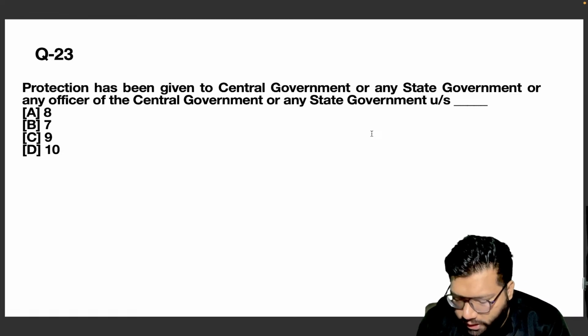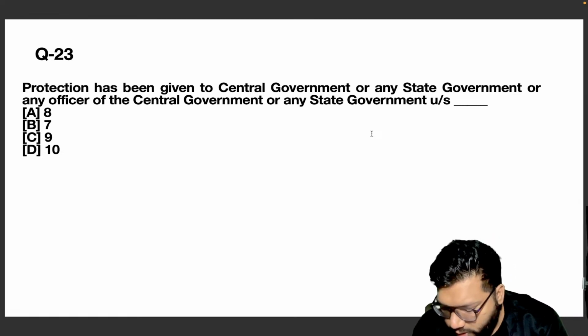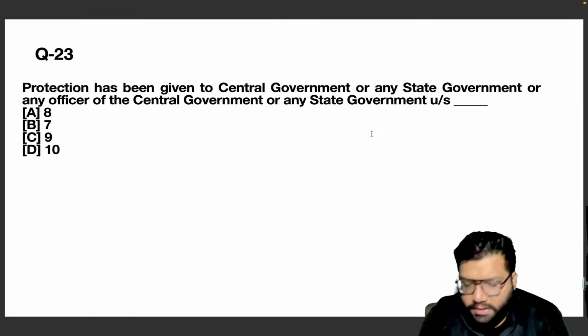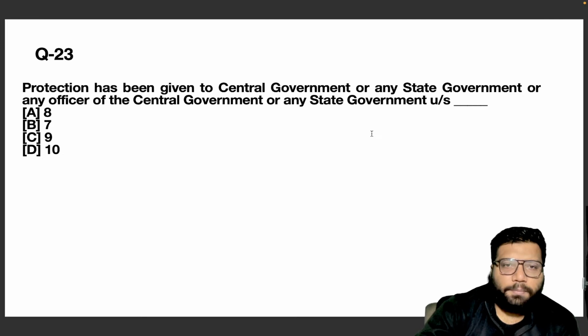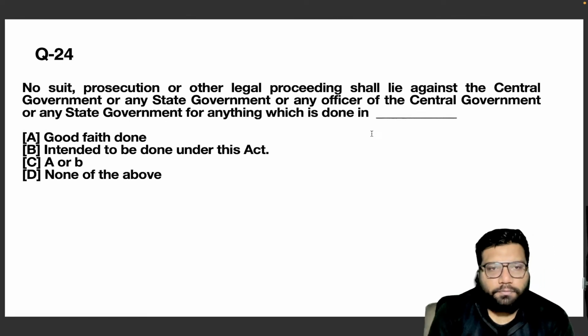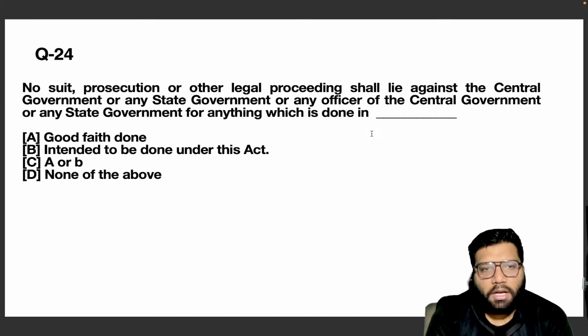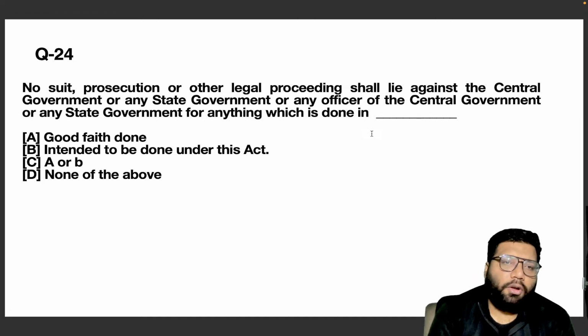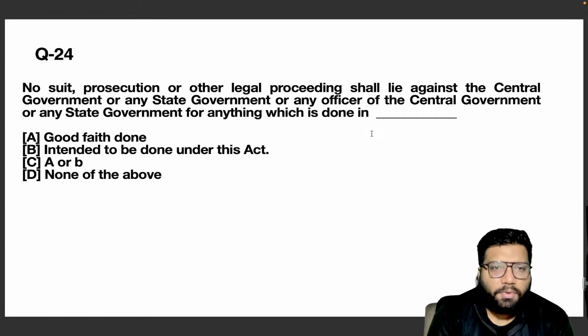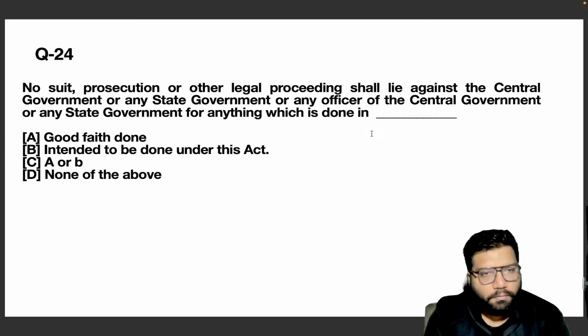Aprajita, Pratyush, Vandana, and Siddharth. Deepa, everyone's answer is correct. That is section number 9. So this is the same section we are talking about. Now we are basically talking about the reasons which need to be fulfilled. No suit, prosecution, or other legal proceedings shall lie against the central government if that is done in